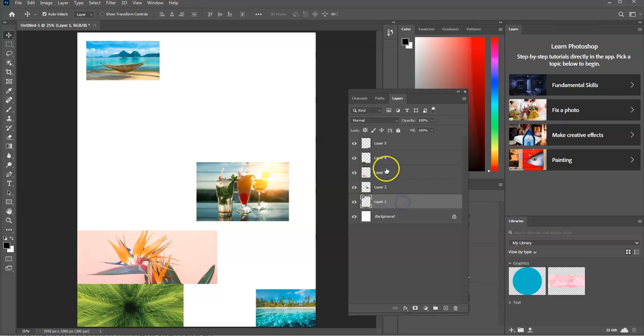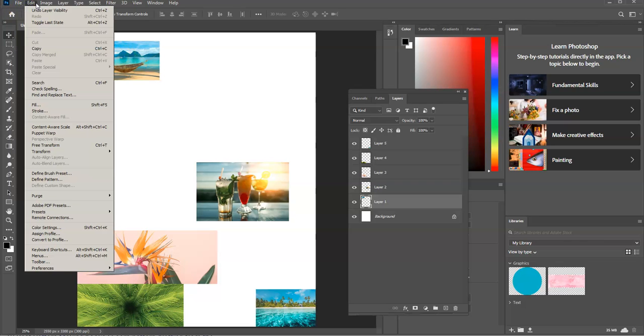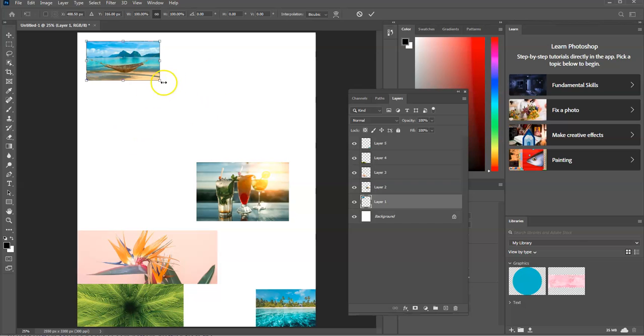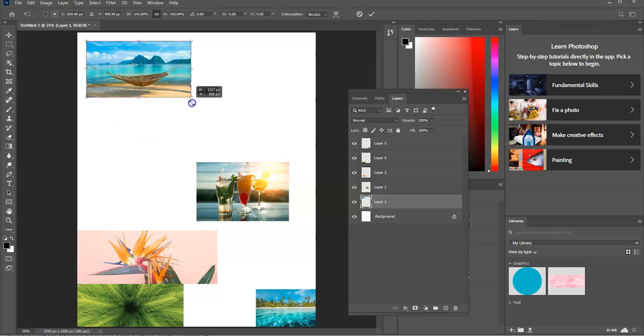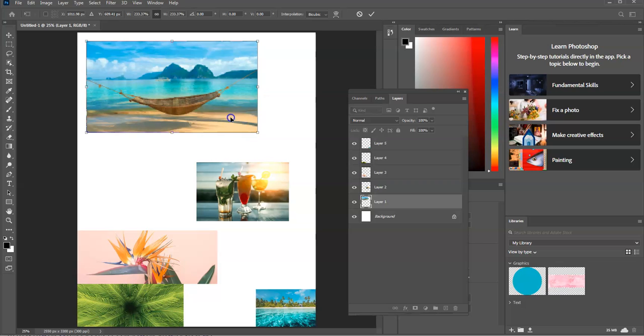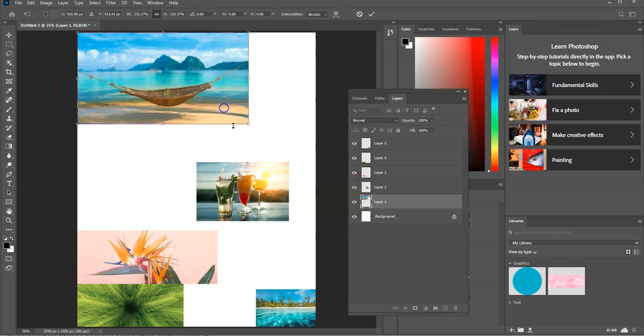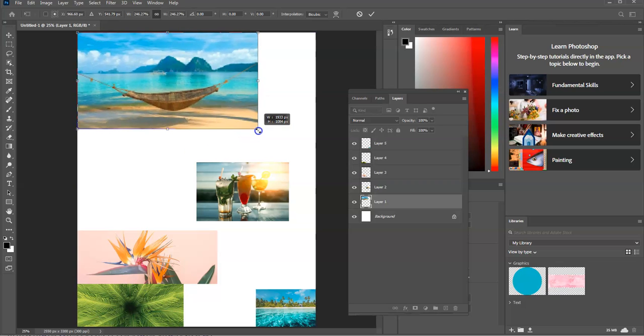So we will, this one is this. Okay, so layer 1. Go to Edit and then do you see Free Transform, which is Command T on the Mac and Control T on the PC? So Control T and then you can actually make it bigger. It will look blurry while you are moving around,